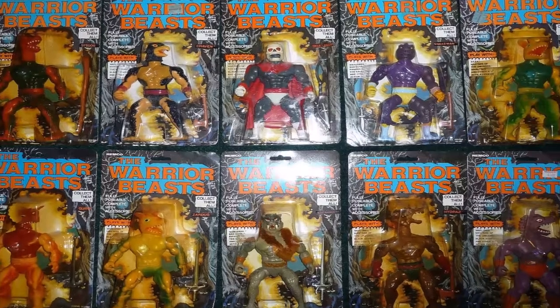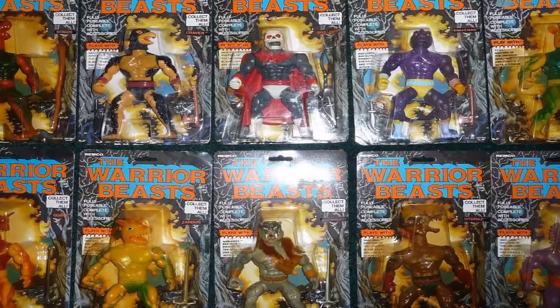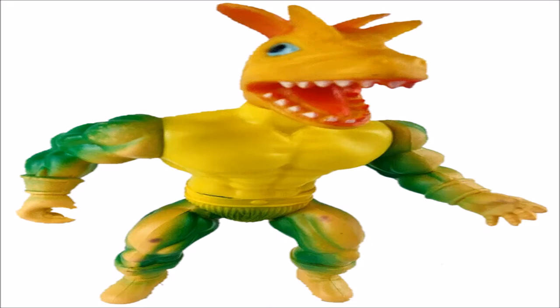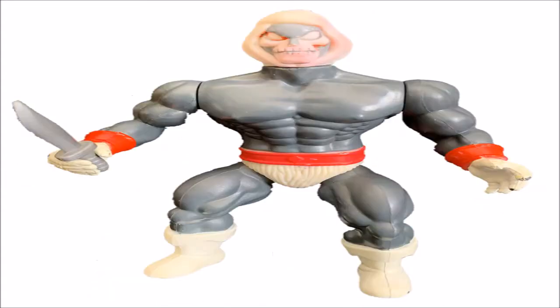There were 10 figures produced for the line that were all sold individually and came with their own accessory. The figures were Kraven, a half-lizard, half-bird creature; Hydras, a mythological Hydra beast; Gecko, a purple-colored gecko. 2 versions were released, one was just a blue repaint; Zardus, a dinosaur warrior; Guana, a triceratops-looking creature; Snake Man, a snake warrior; Stegos, a stegosaurus creature; Ramar, a dragon creature;